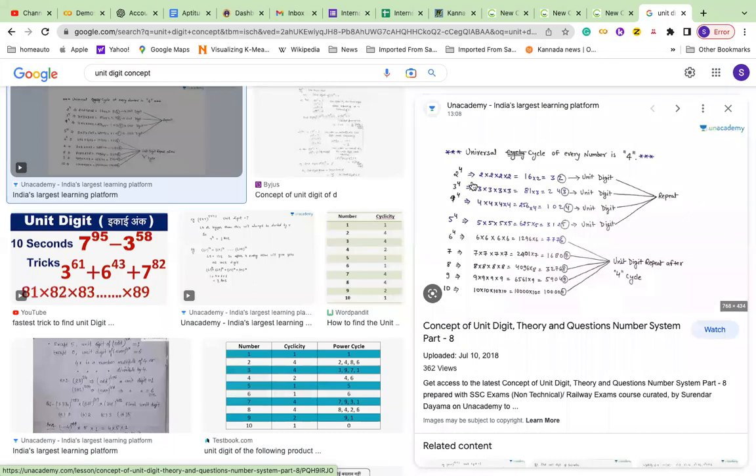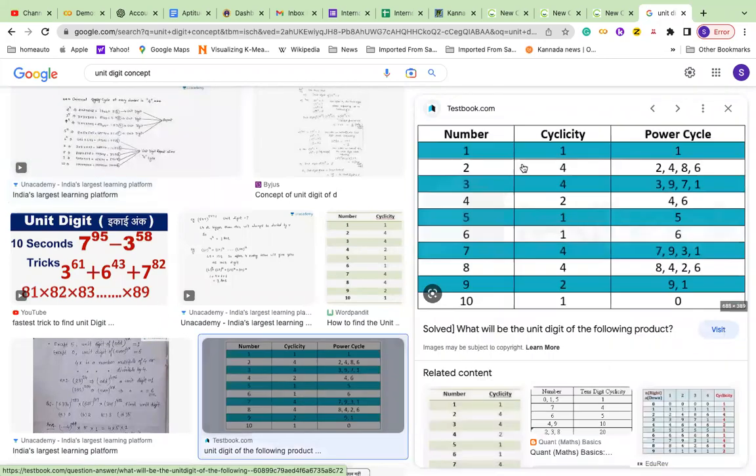So that is called the universal cycle of every number. So every number has a universal cycle. I will share with you the cyclicity of every number. So this is the good one. So the fourth cycle is actually